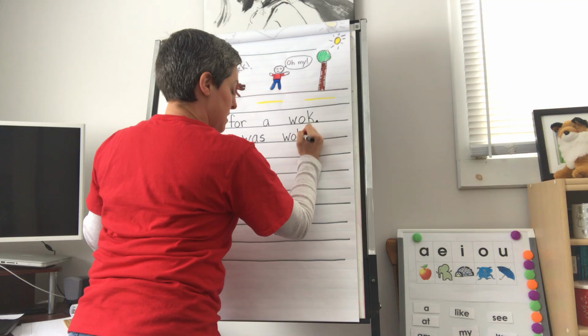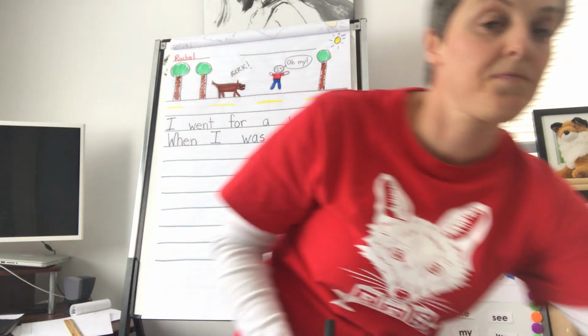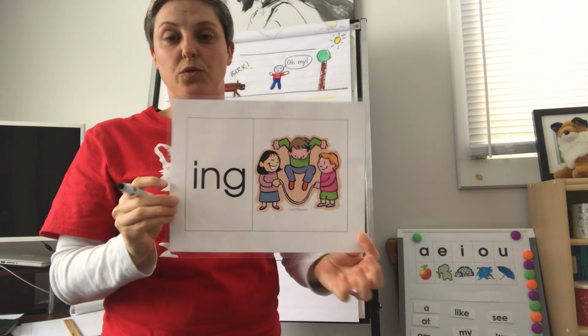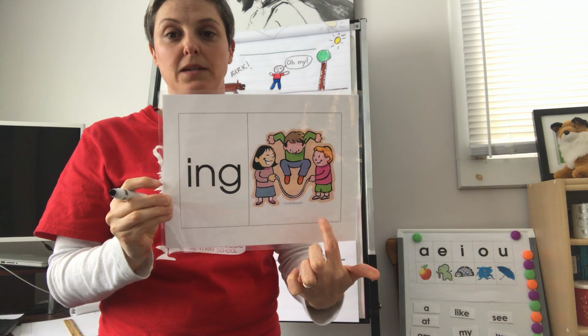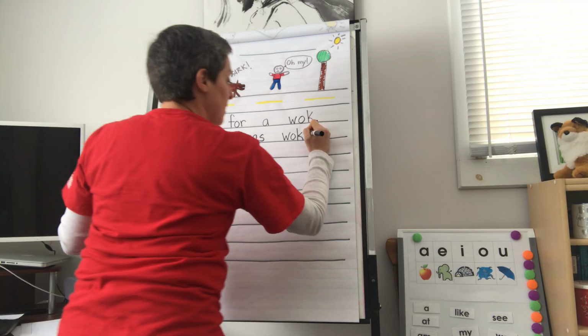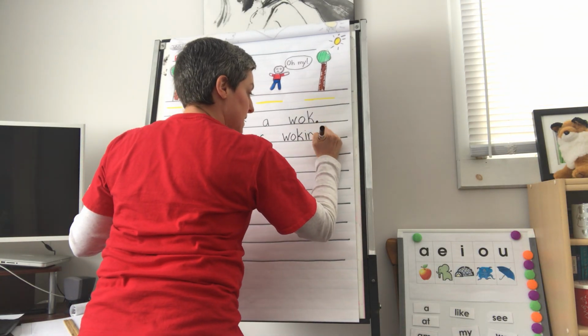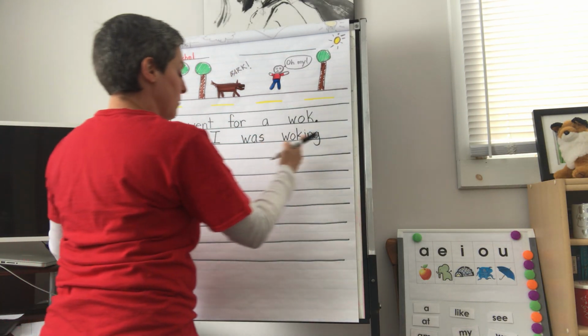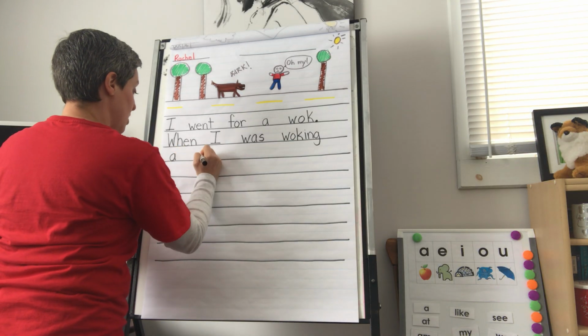and we do use ing as one of our sound chunks. So this is skipping or jumping, and we talk about the ing for skipping and jumping. So I'd say, oh, there's an ing there. Let's attach that on the back. When I was walking, a dog,